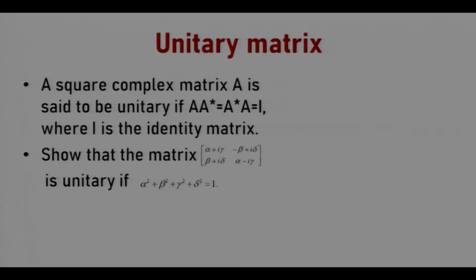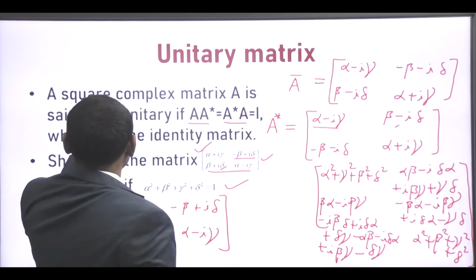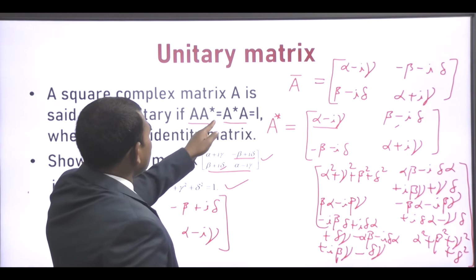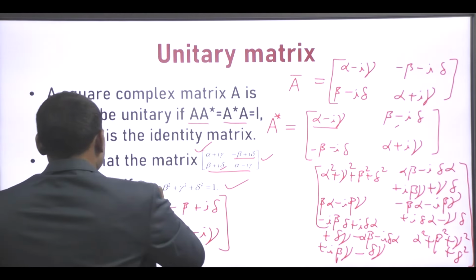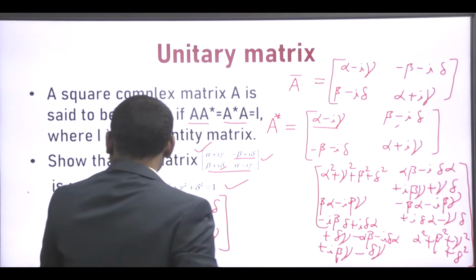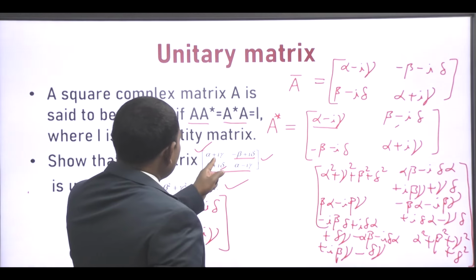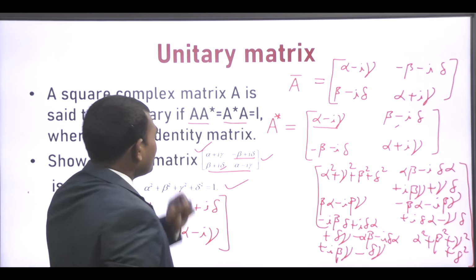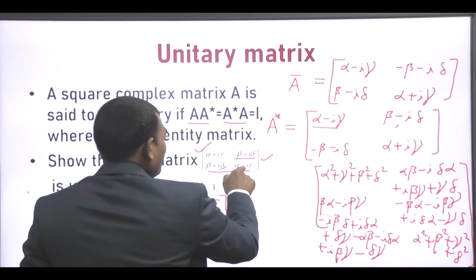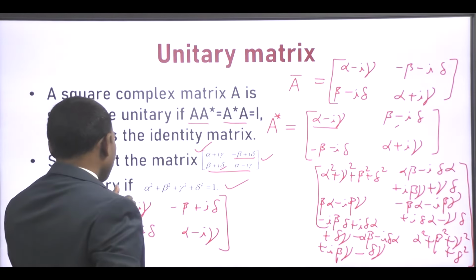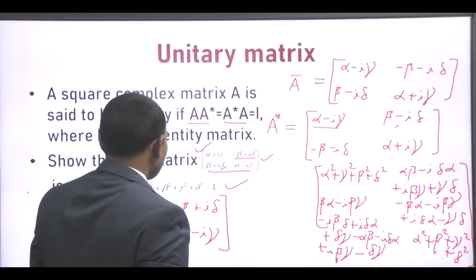Now in the next, see here, unitary matrix. A square complex matrix A is said to be unitary if A into A star is equal to A star into A is equal to identity matrix. Now this is the example and problem also. Show that the matrix alpha plus iota gamma, minus beta plus iota delta, and beta plus iota delta, alpha minus iota gamma is unitary if alpha square plus beta square plus gamma square plus delta square is equal to